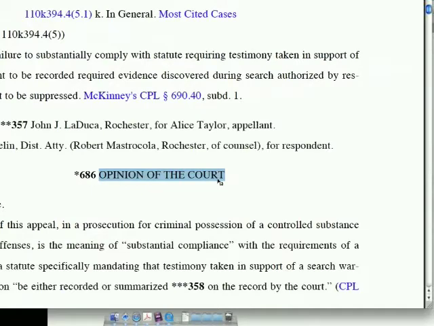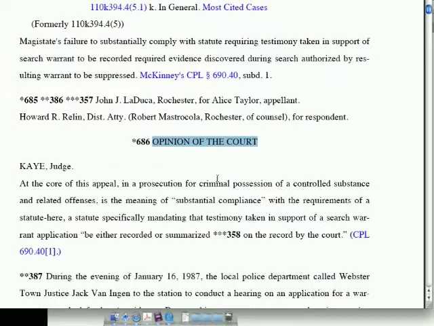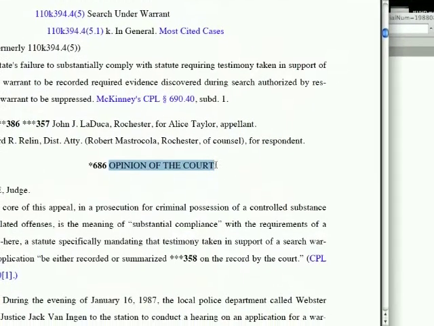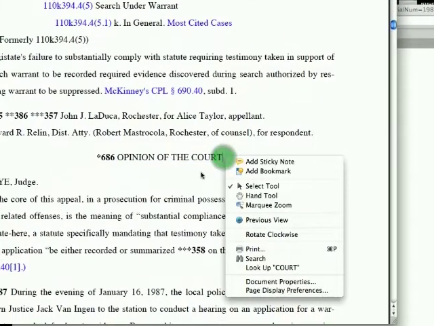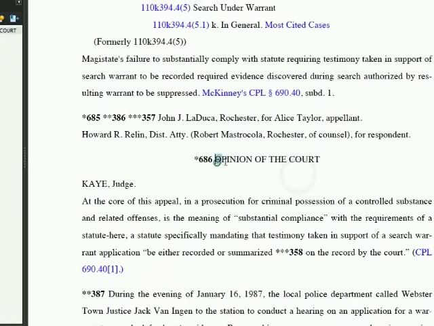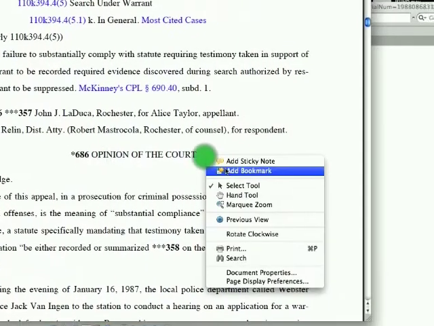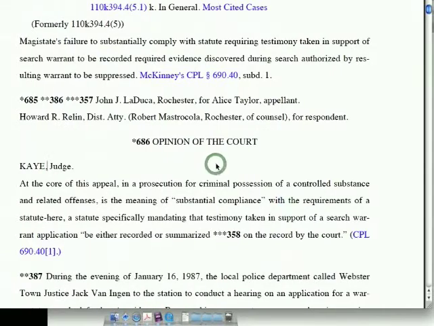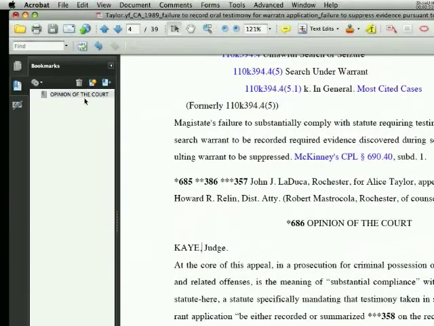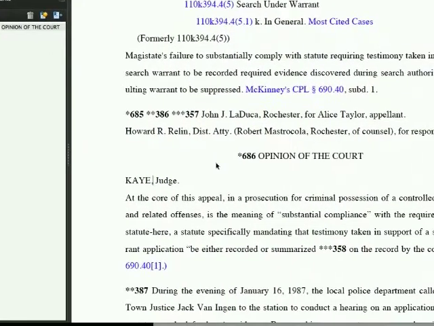Whenever you highlight something, you click Control B, or Command B for me on a Mac. You can also right click. As you can see, if you right click it, this is Add Bookmark. You can use that as well. So that's the first thing I do. You see over on the left here, I have opinion of the court. So whenever I open this case up again, or I want to get back to the top of the case,